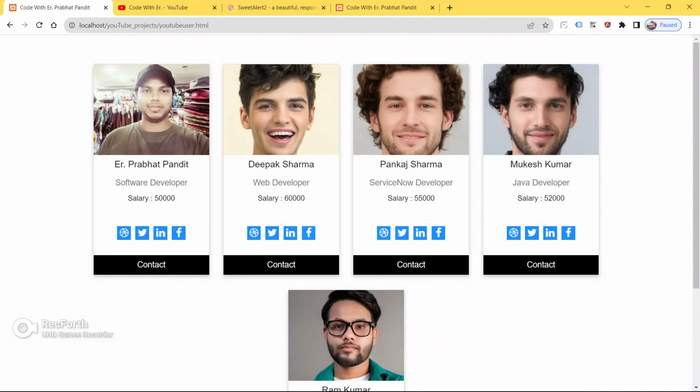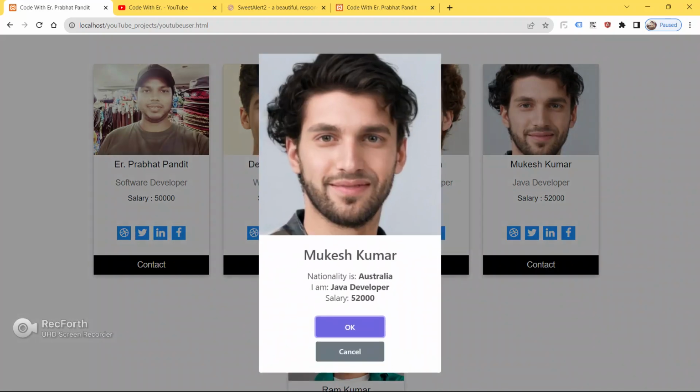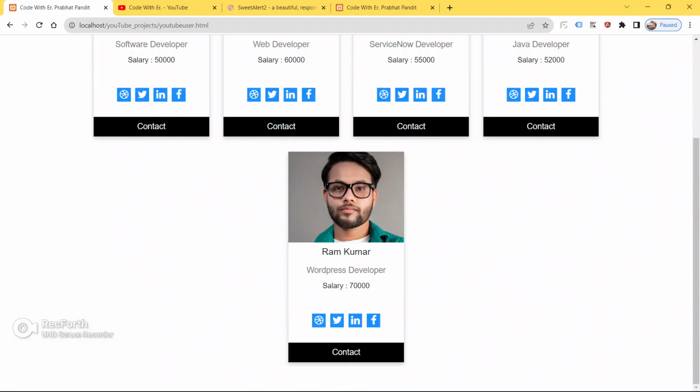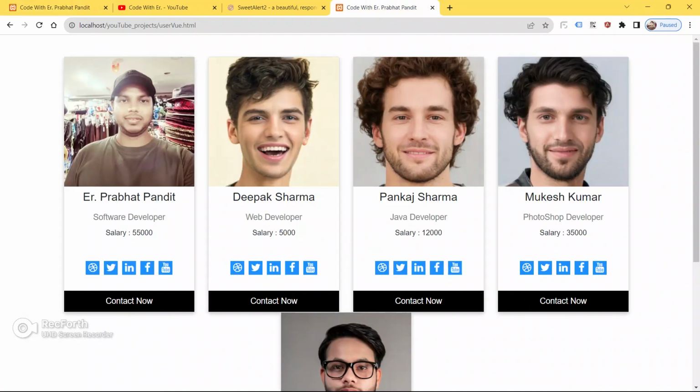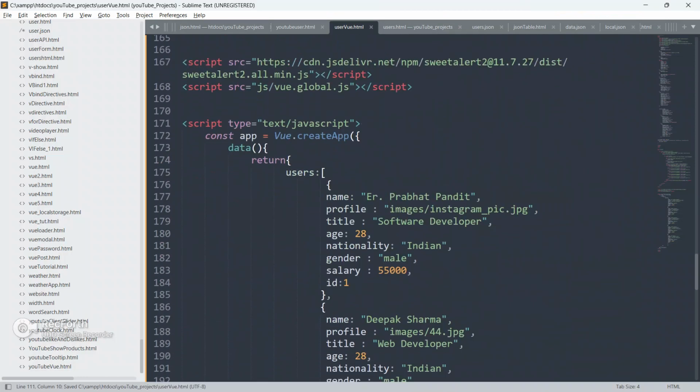So now we will implement the functionality. Okay, this functionality we will implement now. We will try to implement this functionality in our example also. Okay, so now let me just go to the code editor, and whenever a user is going to click on this contact now, the pop-up will be open, and we will be able to see all the user related information in the pop-up.